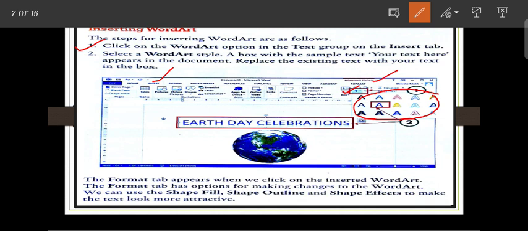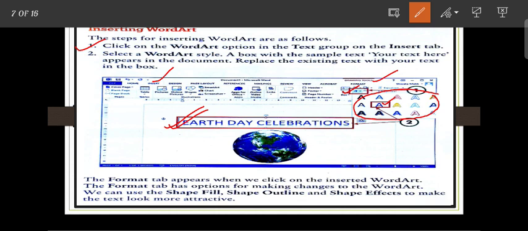When you choose a word style from these suggestions, a box with sample text, your text is here, you can see, appears in the document. Then you need to replace the existing text with your own text in the box. So when you click on this option, a text box will appear here, and you need to replace the previous text with your own text.